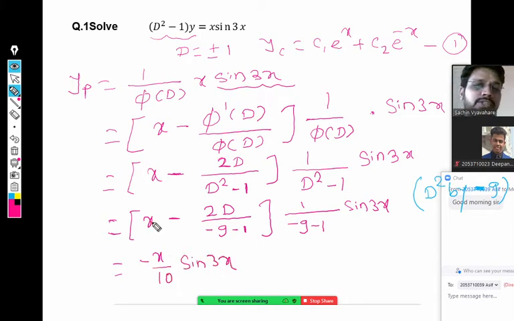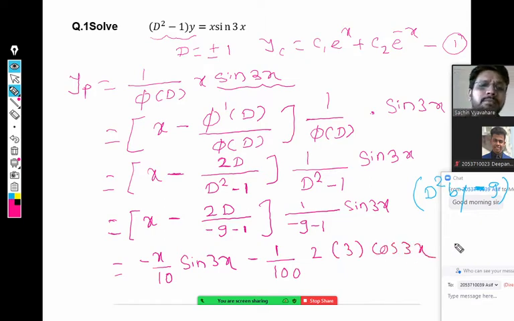That is the first term. This x is multiplied to this one. Now this term you have to multiply here. So this is a minus minus plus 1 by 10, but again minus 10 is there, so it is minus 1 by 100, is it? But there is 2 also, so I will write 2 as it is. And what about the d of sine 3x? D of sine 3x is 3 into cos of 3x.